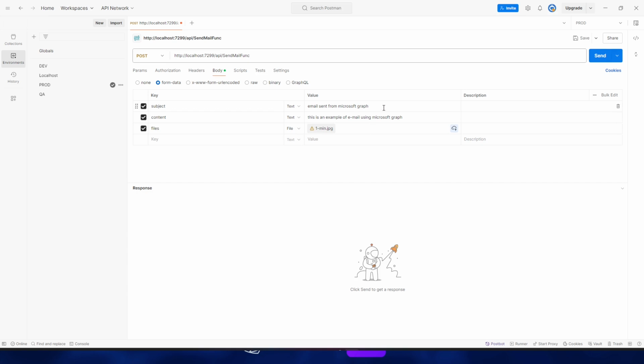I put this content in the subject property, and this content in the content property, and I add one file. Let's execute it. Okay, mail sent successfully. In my personal email, we can see the email sent by our function, and here we can check the subject, the content and the file attachment sent.